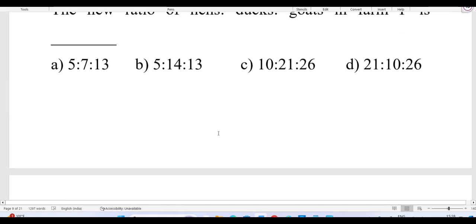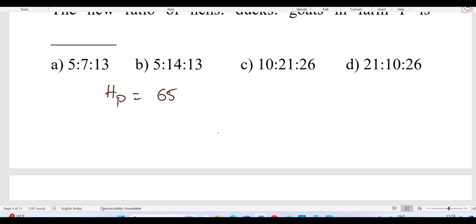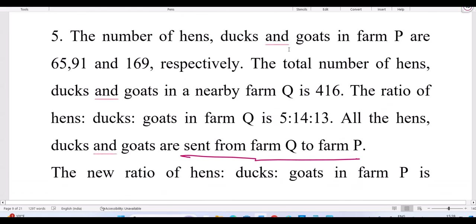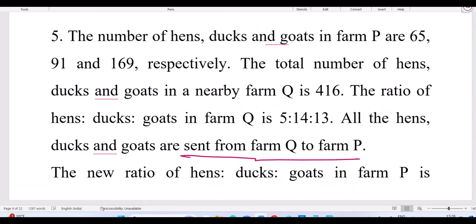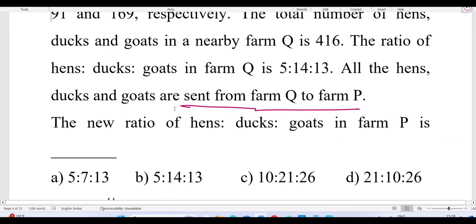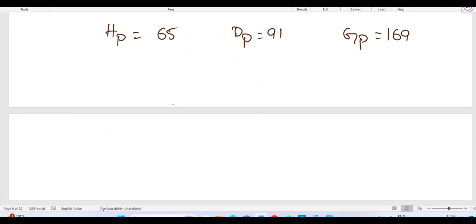So importantly, they given direct data regarding hens in P. What is hens in P? And you can see ducks in P is given directly, goats in P is given directly. These 3 values are directly available in the question. Hens in P, okay, you can see ducks in P and you can see goats in P. But whereas for Q, total number of hens, ducks and goats value is there and remaining the given ratio in Q, hens in Q, ducks in Q, goats in Q is